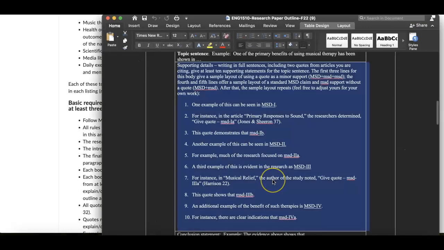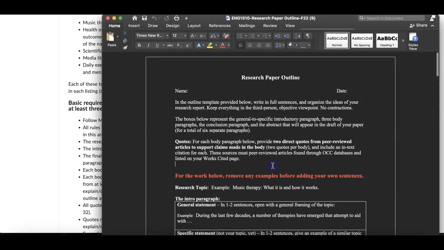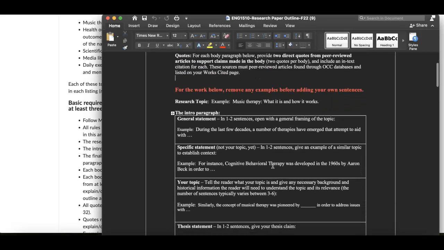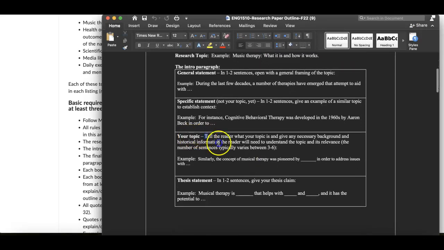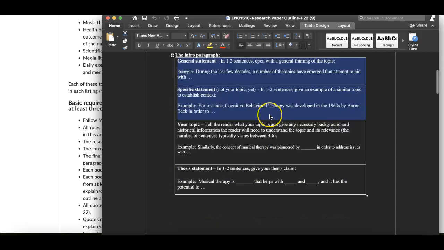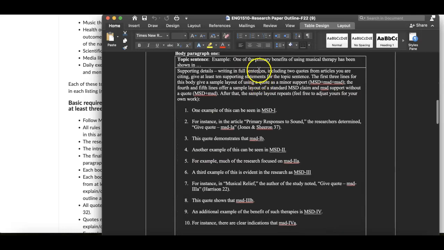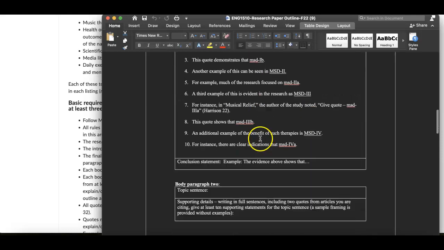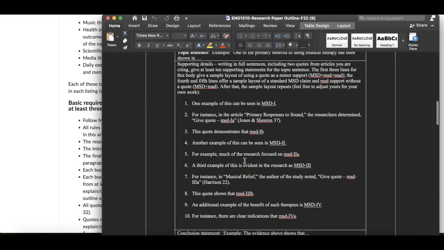On here, here's an example of the template. If you've done your summary and working thesis correctly, that should qualify for these two entire categories here. That whole summary and working thesis becomes these two. Then you'll just need a general to specific statement. If you did music therapy, there are already examples here. Do not use mine, write your own. Then in the bodies, make sure you have your topic sentence in the category it belongs in, along with the conclusion, and at least 10 sentence details in the bodies, including the quote requirements. Intro, give,